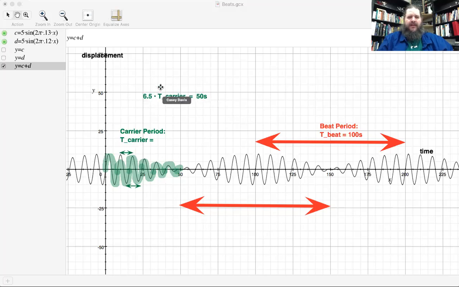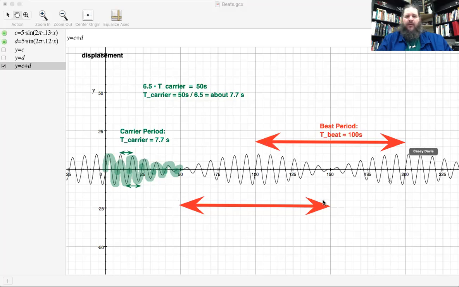And then we could divide both sides by 6.5. So the carrier period is 50 seconds over 6.5 cycles in those 50 seconds. And what's that going to be? 50 over 6.5 is about 7.7. So that means the carrier period is about 7.7 seconds. And this is just an estimate. I'm just counting about how many cycles happen in those first 50 seconds, because that seems like an easy amount of time to deal with. And then taking that 50 seconds divided by the number of cycles, I get the number of seconds per cycle. So we'd say the carrier period is about 7.7 seconds, whereas the beat period is the amount of time